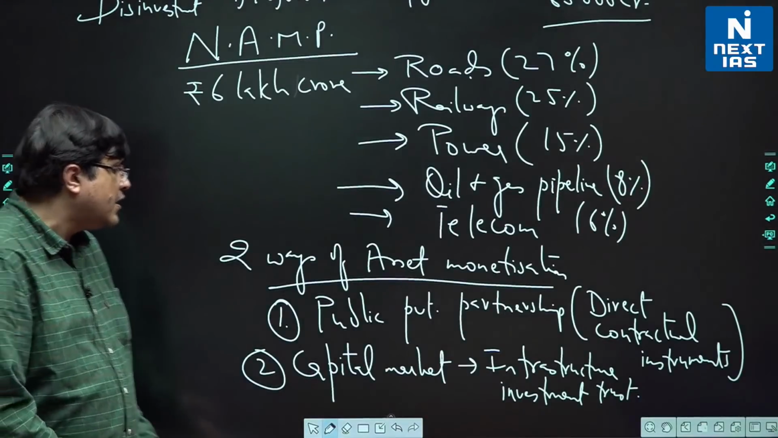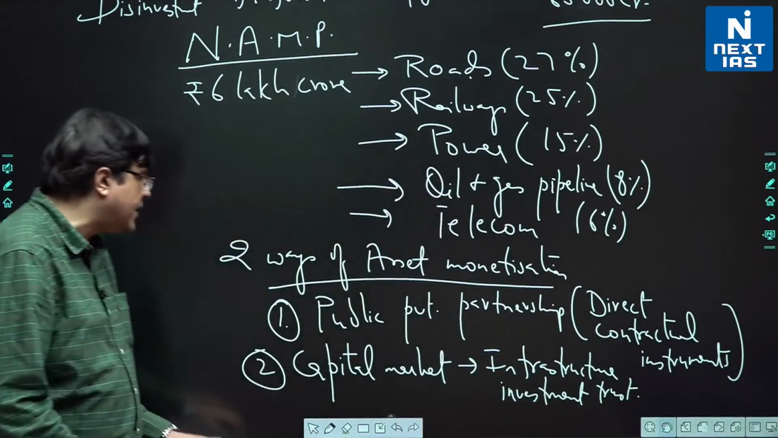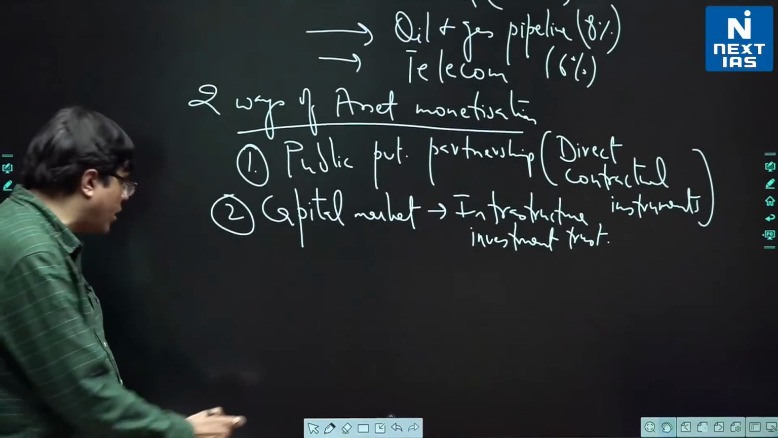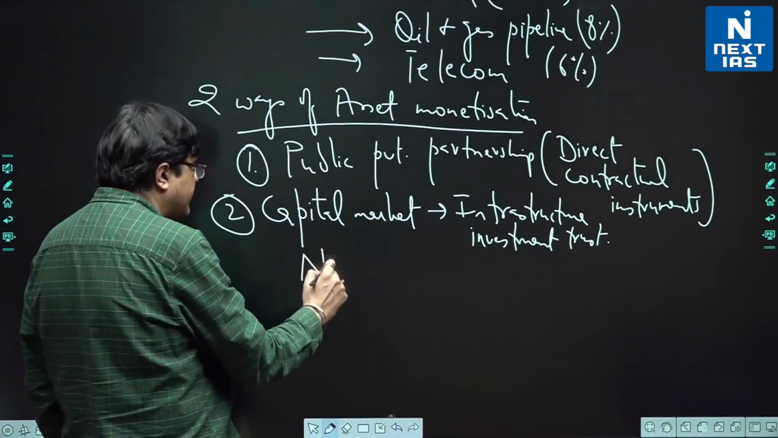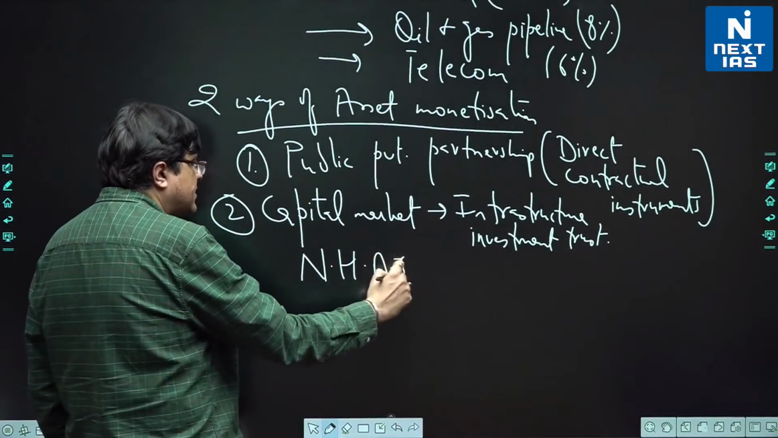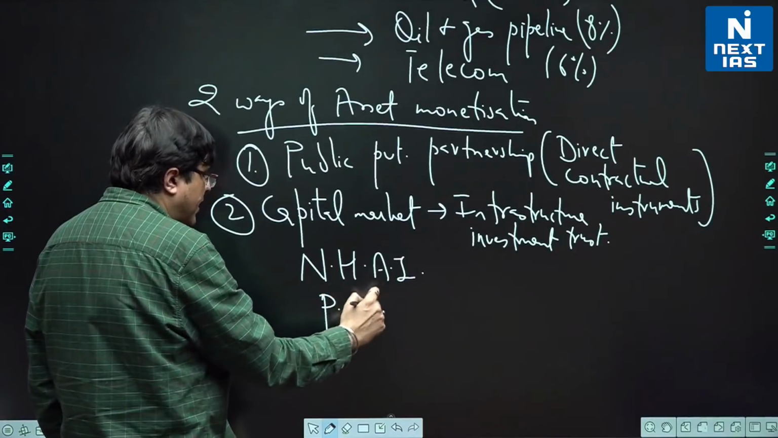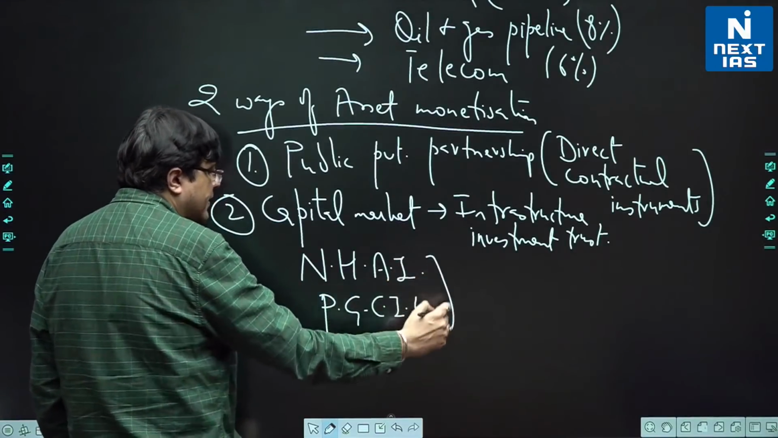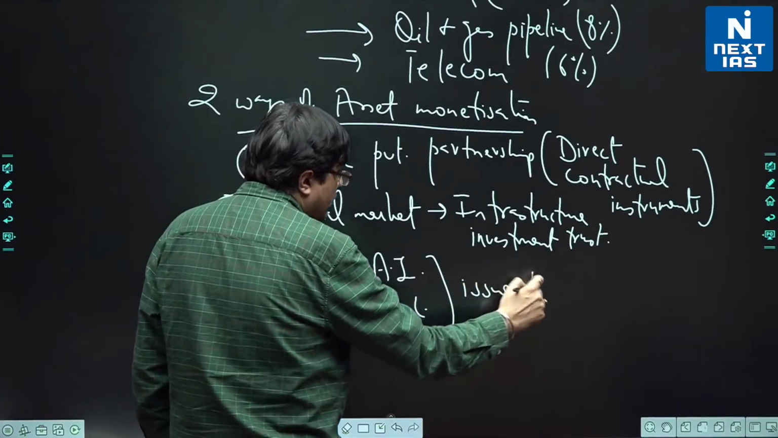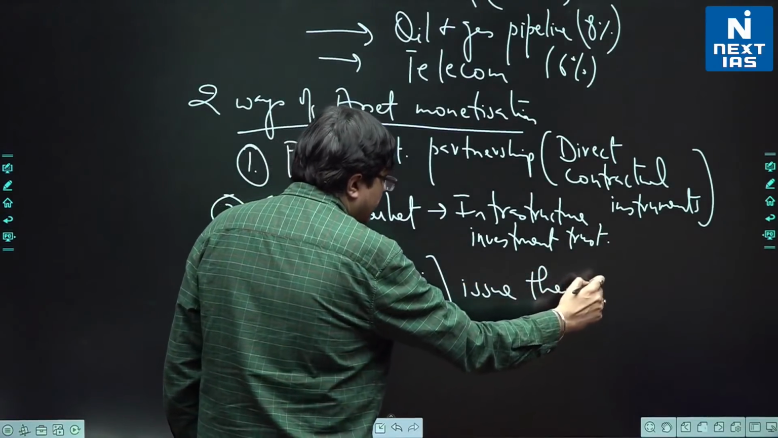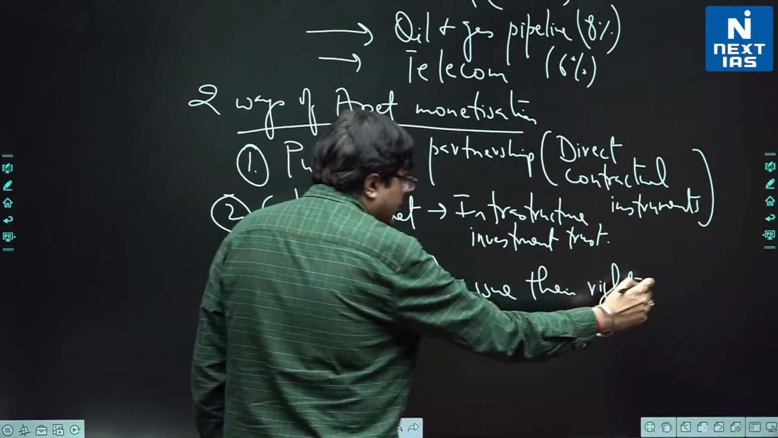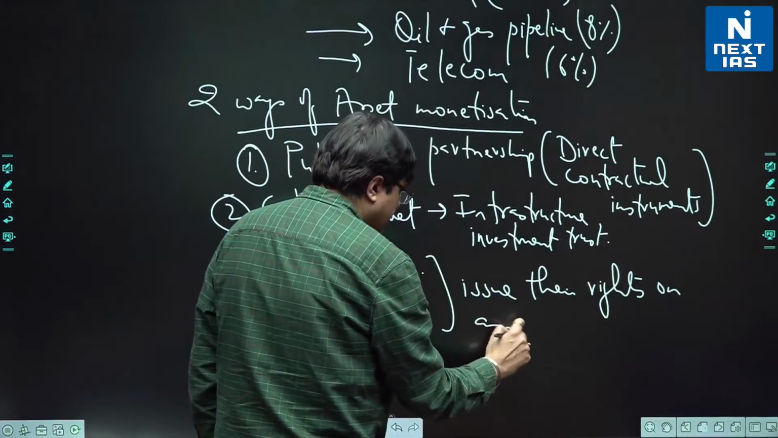So the National Highway Authority of India and Power Grid Corporation of India Limited have already planned issuing bonds. These are the two sectors which have already proposed it, and they will issue their rights on assets